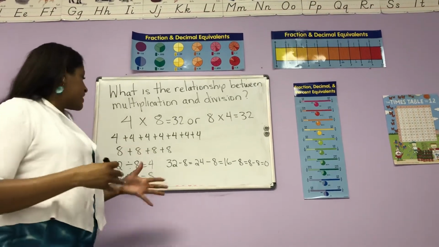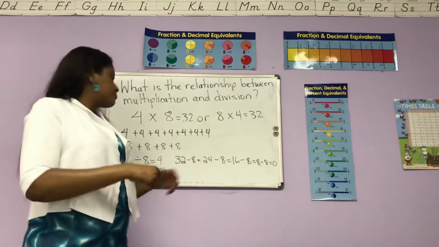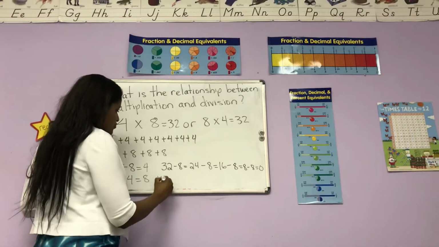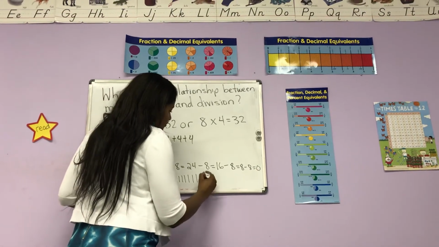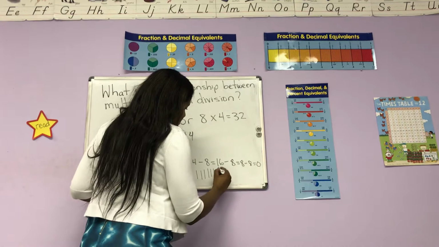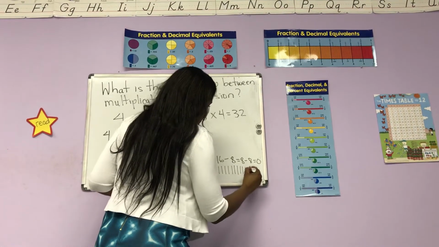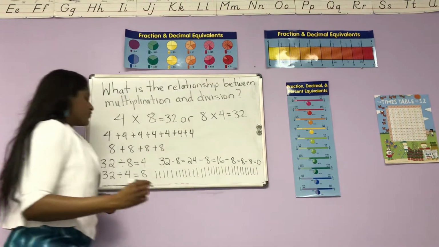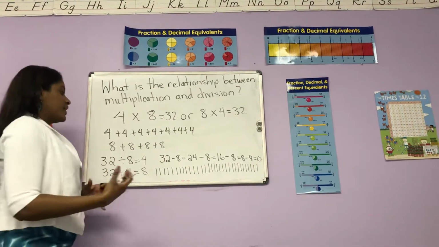It's the same idea. I could do repeated subtraction, or I can draw, well, we can try that. 1, 2, 3, 4, 5, 6, 7, 8, 9, 10, 11, 12, 13, 14, 15, 16, 17, 18, 19, 20, 21, 22, 23, 24, 25, 26, 27, 28, 29, 30, 31, 32. So if I have 32 tally marks, I can keep putting groups of 4 and see how many groups I